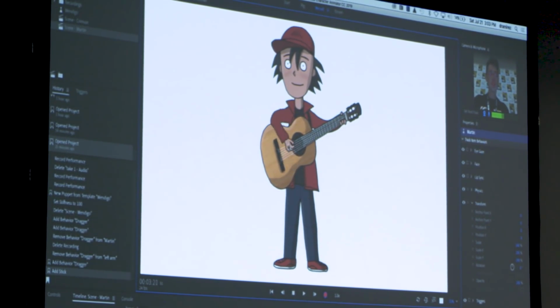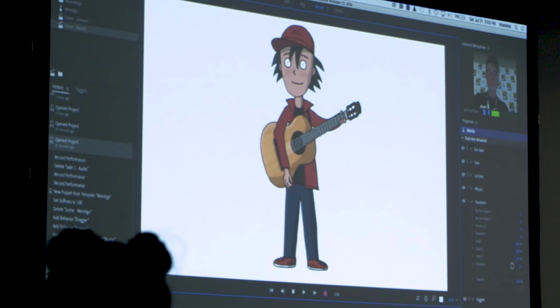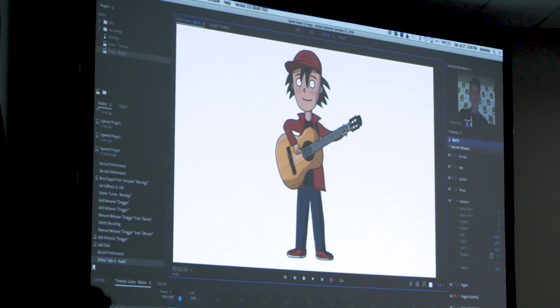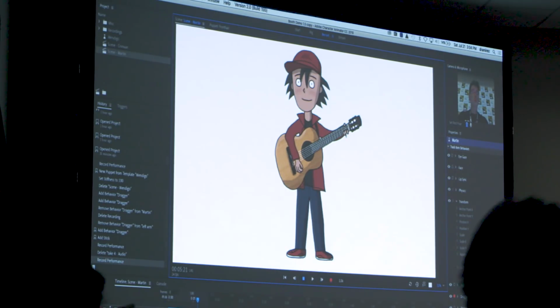So right here I'm recording the right arm, and we're just going to do a couple seconds of that. And I don't need to record that audio, so I'm going to turn that off. Now that I've recorded the right hand, I'm going to move on to the left hand. And while that's recording, I just grab the left hand, move it up and down. You can see that, much like the way you record music in a music program, we're actually recording an animation